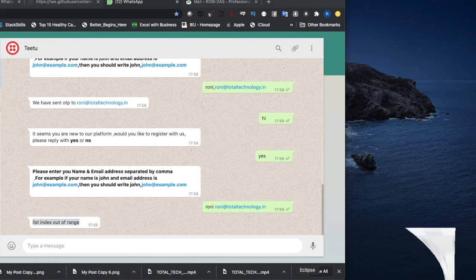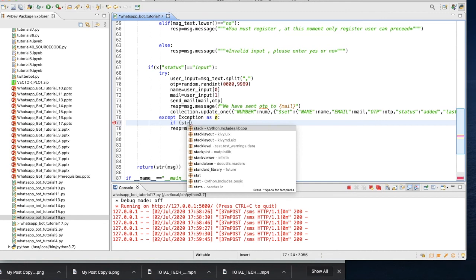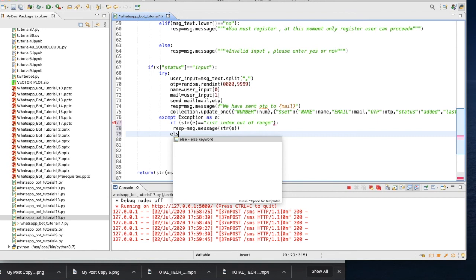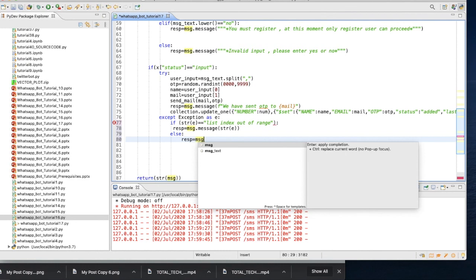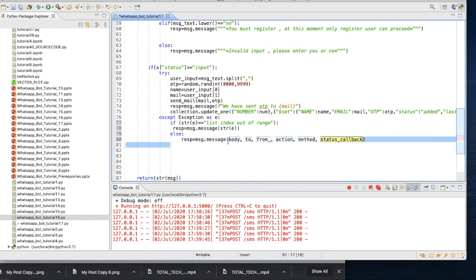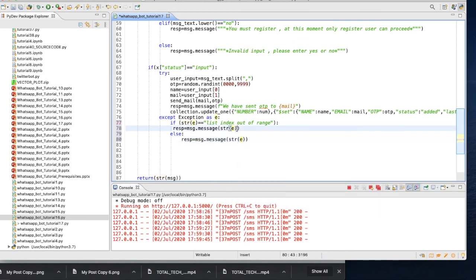So if str E equals to this, else str E, and here it should be